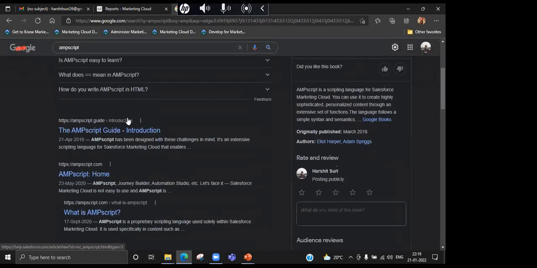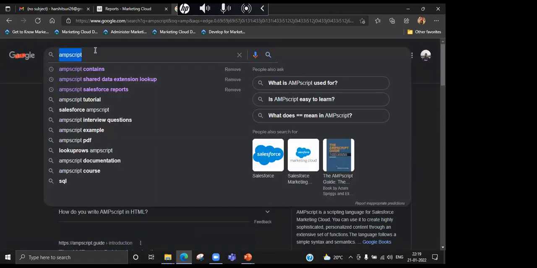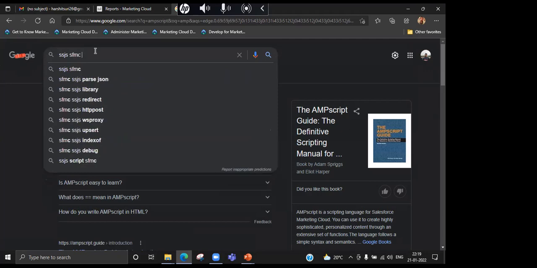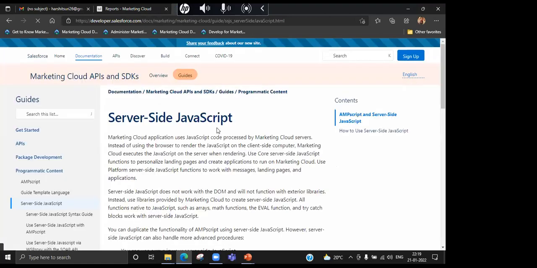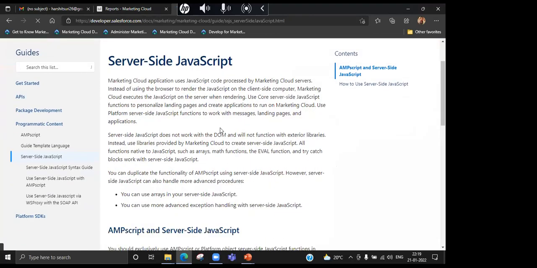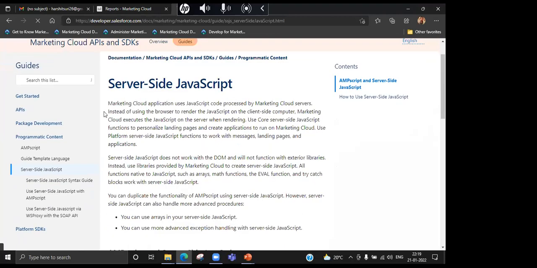So AMPscript is there, SSJS is there, server side. Two types of Server-Side JavaScript, API, everything is available within Marketing Cloud. It depends how you want to carry forward your journey. I will be giving a brief of everything. This is SSJS which we can use.